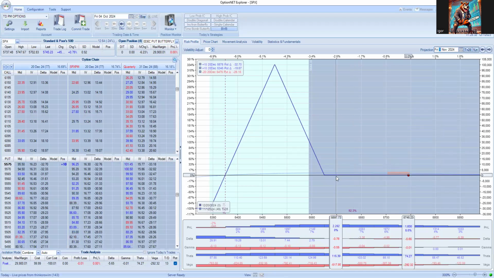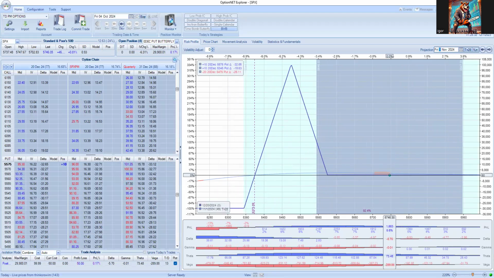We would have to be a little bit closer to at the money, closer to the structure, and volatility would have to fall. I don't think we're going to see that because we have an event, we have an election coming up. So I think volatility is going to stay kind of elevated, and I just don't think the T plus zero is going to look this way 28 days from now. But ideally, maybe a month from now,